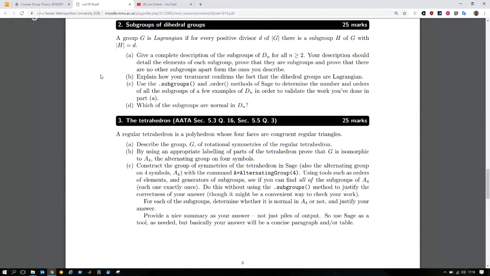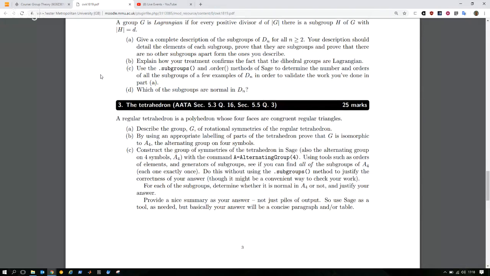Not particularly. No. It may do, but I haven't included it. But not particularly. In part C,